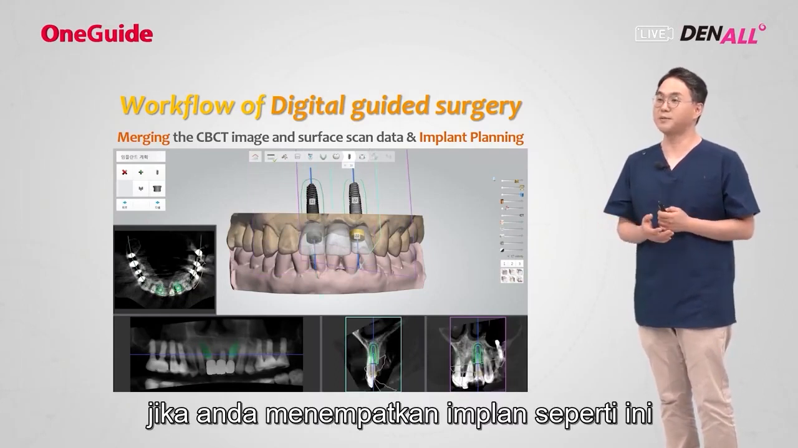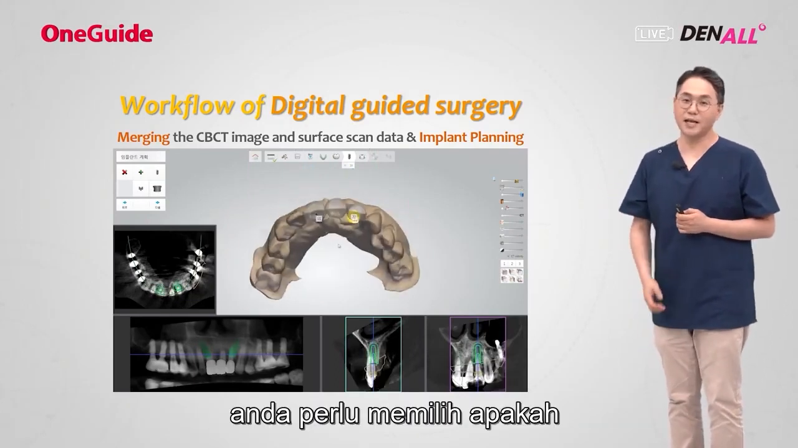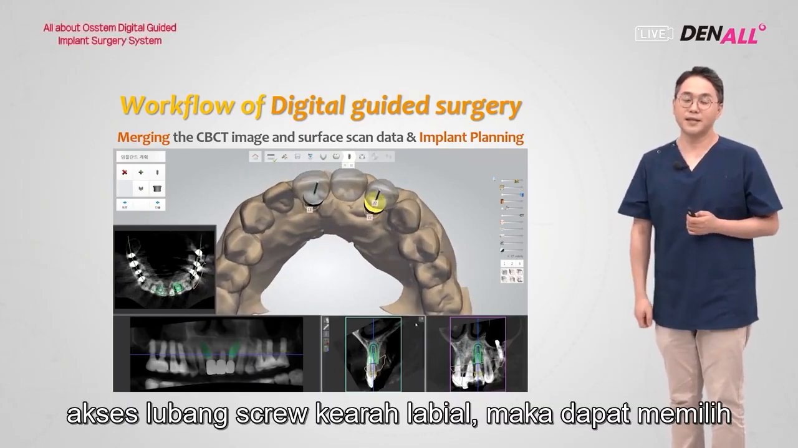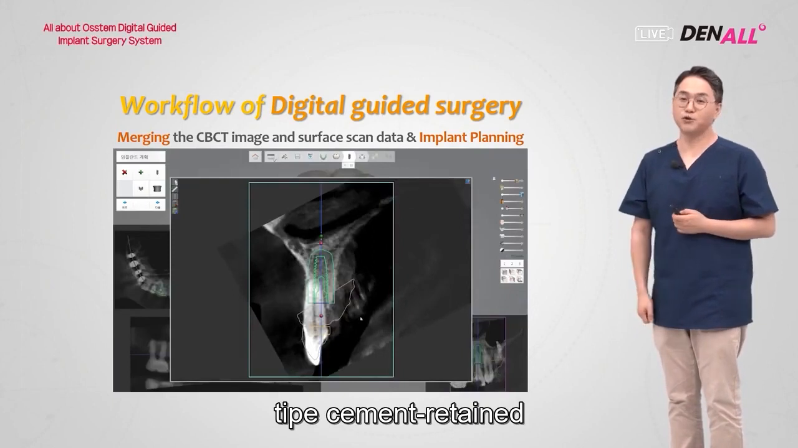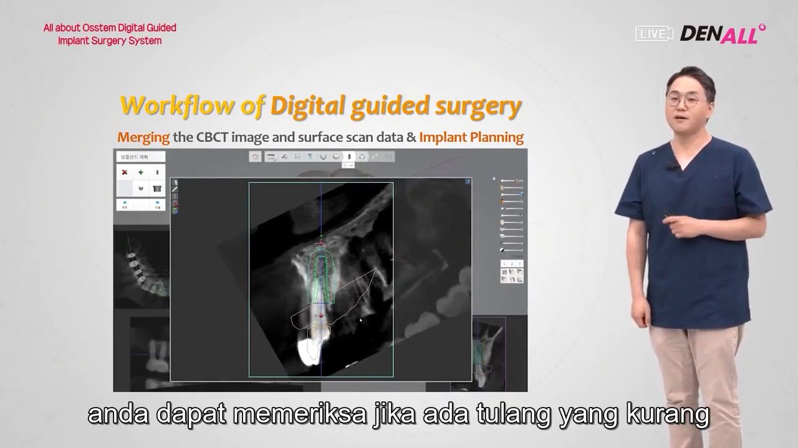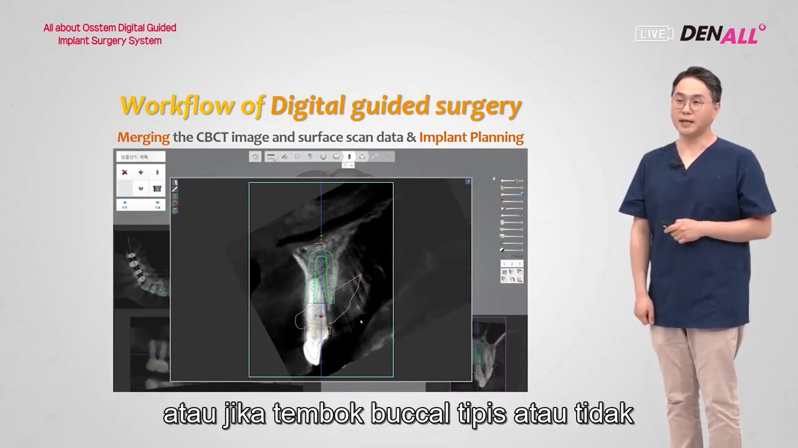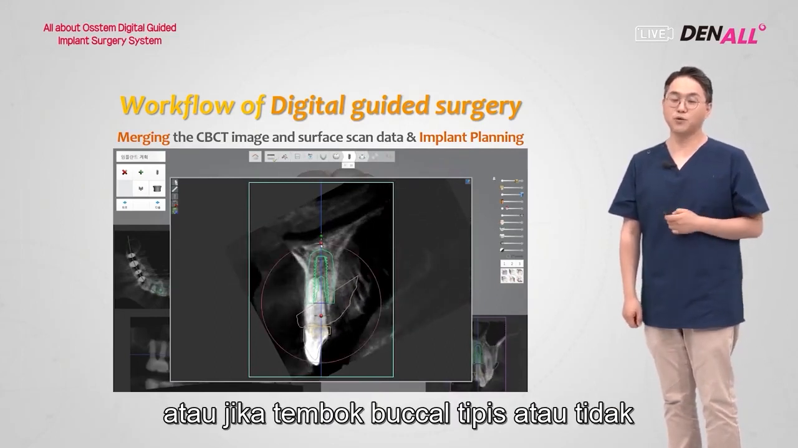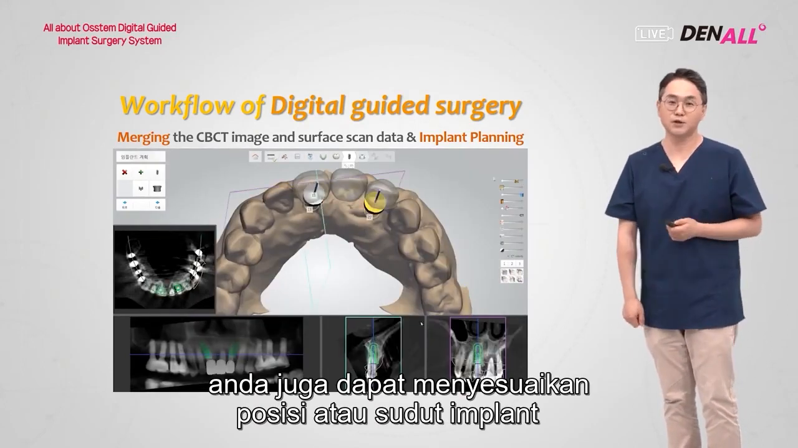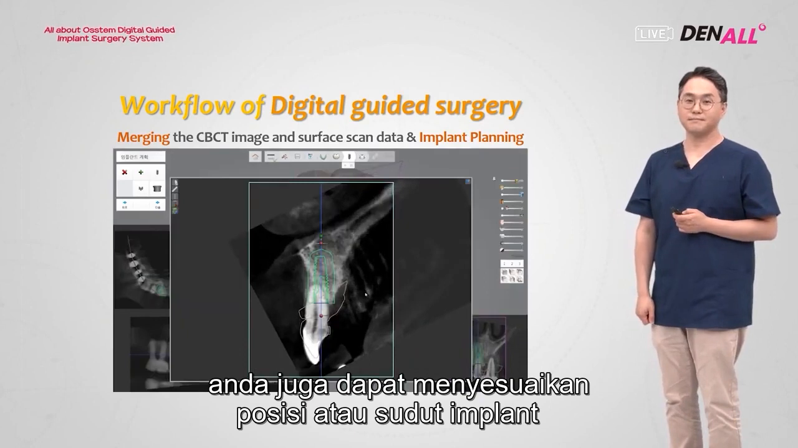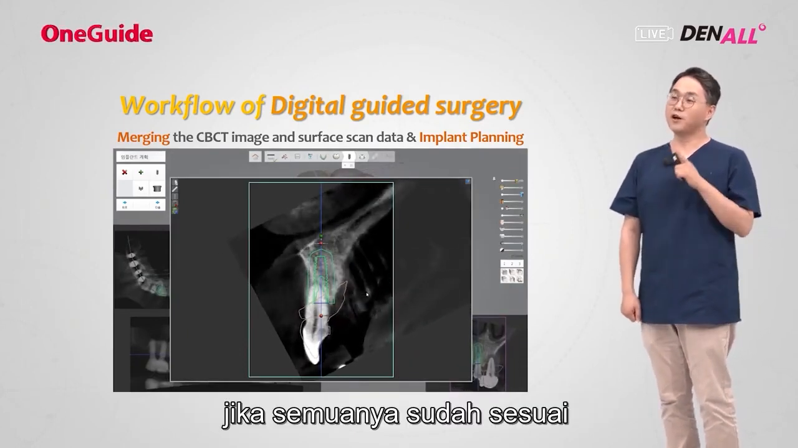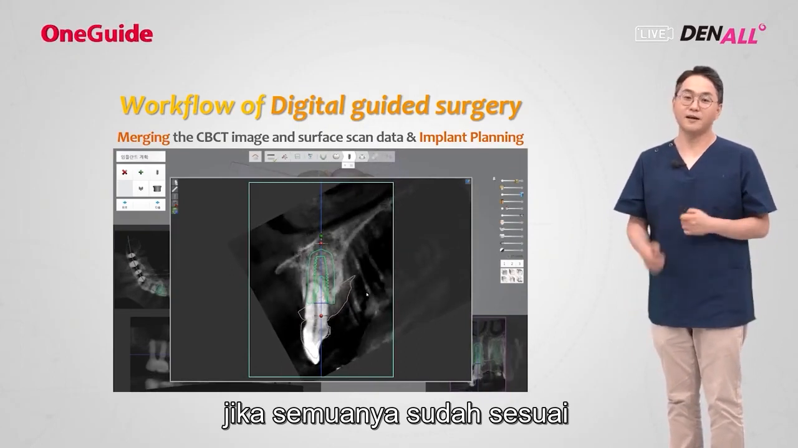If you place the implant like this, you need to choose whether this is going to be screw retained, or if the screw access hole goes labially, you can choose the cement retained type. You can predict ahead. On CT, you can check whether there is a bone defect or whether the buccal wall is thin or not. You can also adjust the implant angle or position. This is how planning is done. The plan position, if you like everything,